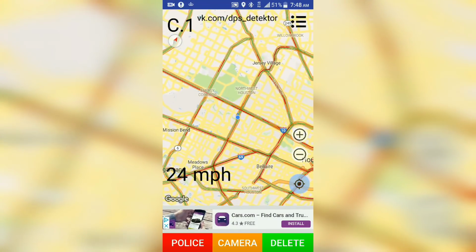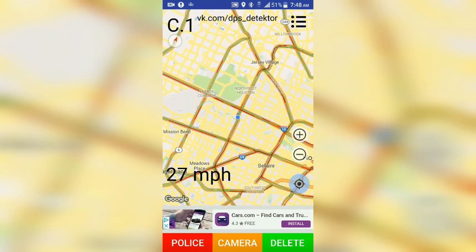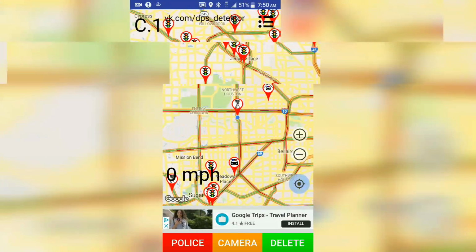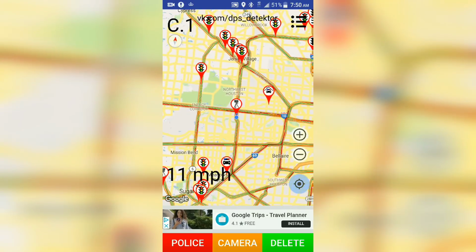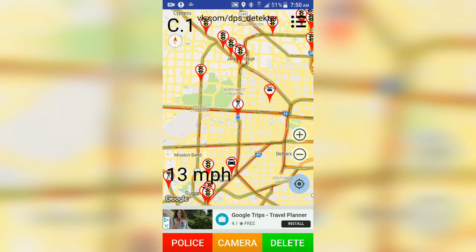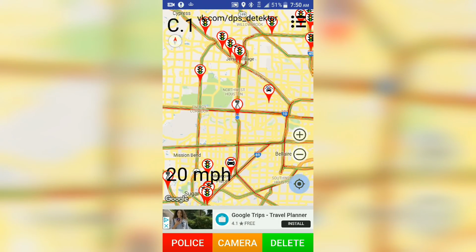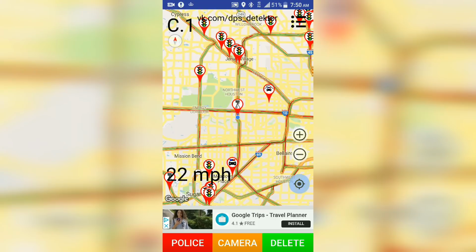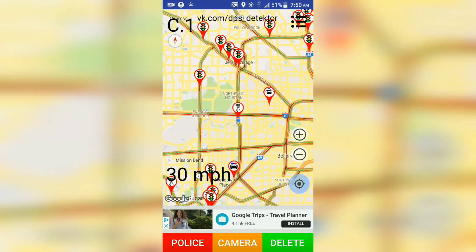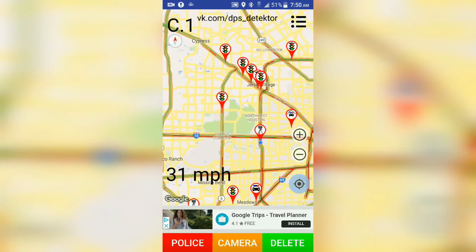Let me see if I can find some actual data. Okay, so here's the data right here, showing where the speed cameras are. I'm approaching them right now, and this is at an intersection. Whatever you see on this map, one of these red pins,